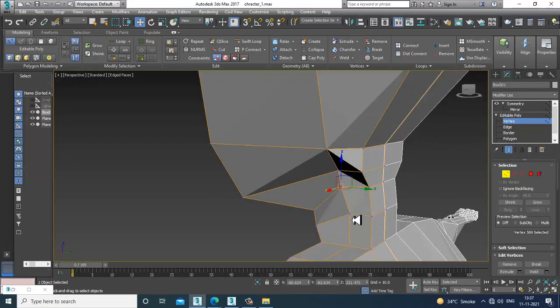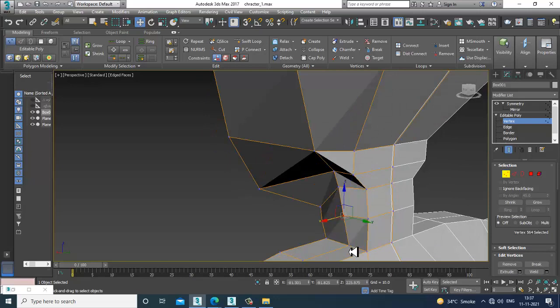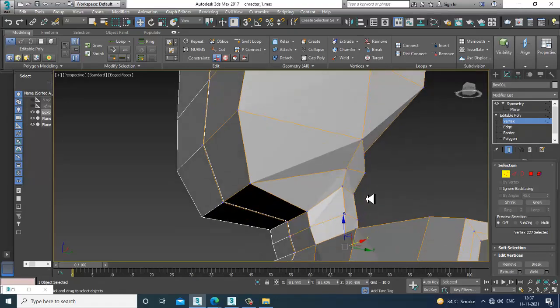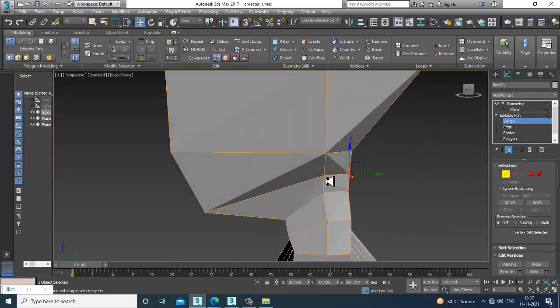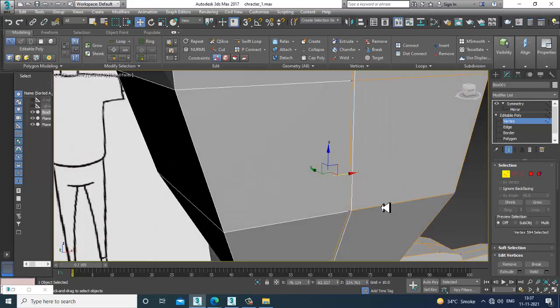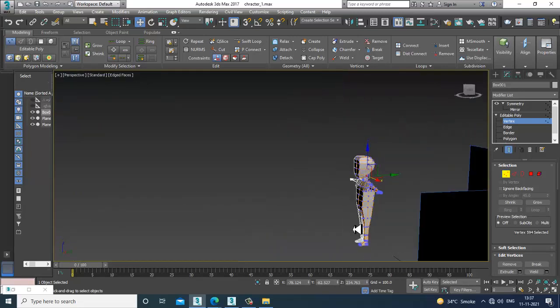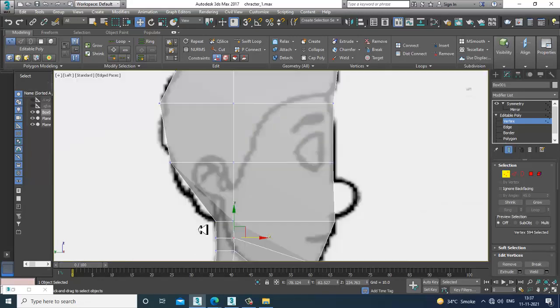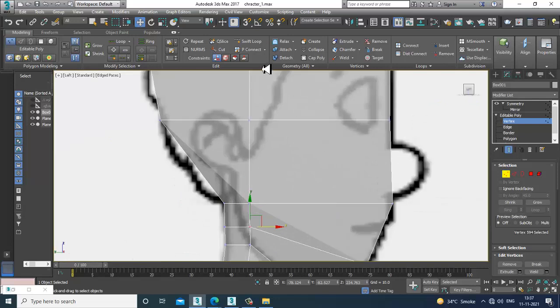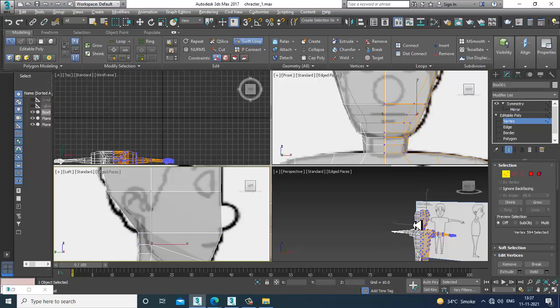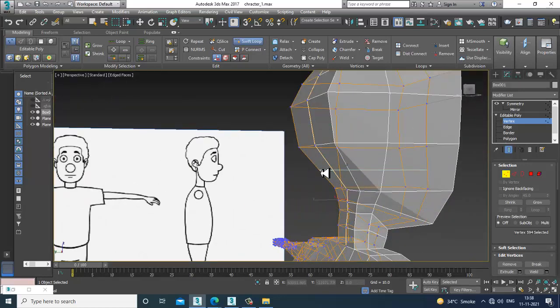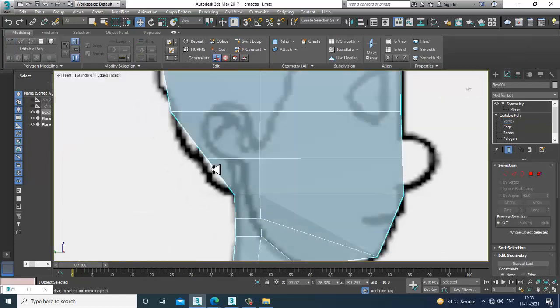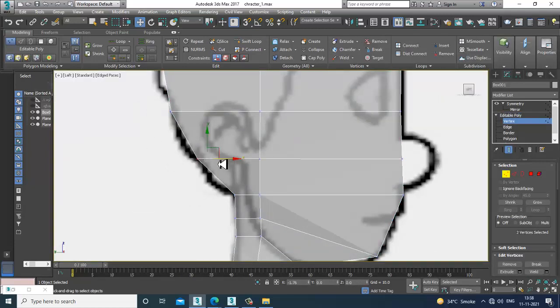So this is what your neck area is going to look like. We need to adjust this. Slightly push it inside. Okay.